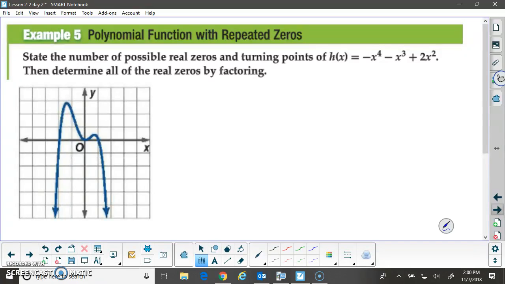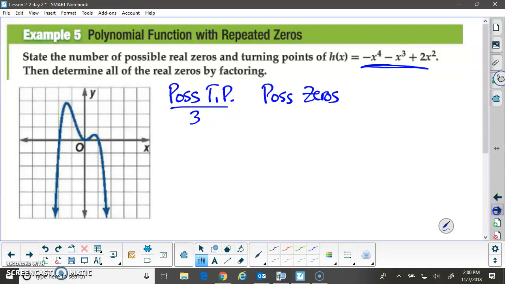Example 5 again says, state the number of possible zeros and turning points for this 4th degree polynomial. So if it's a 4th degree polynomial, the possible turning points is 1 less than the degree, and the possible zeros is the same as the degree. And now if we solve for these by factoring,